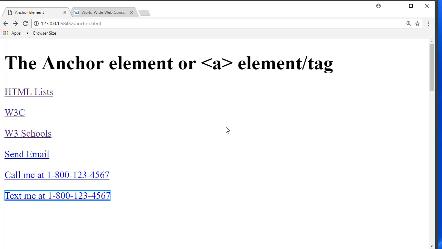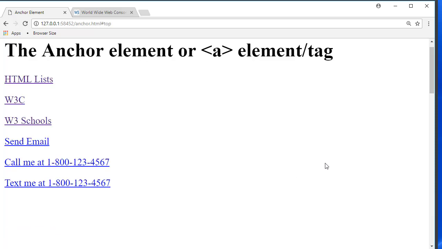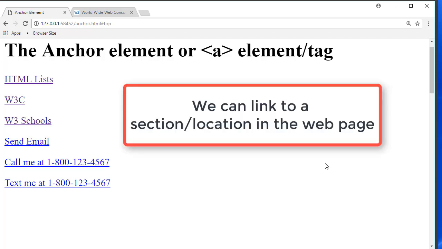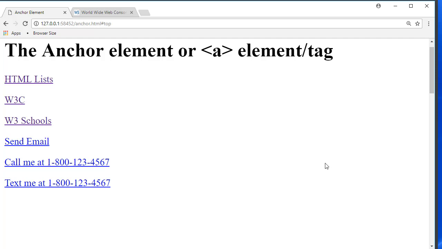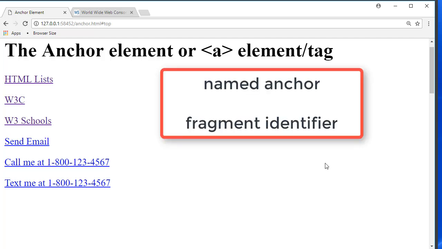Another thing you might commonly see in websites, especially websites that scroll down for quite some distance, you might see a link that says something like top of page. And if I click on that link, I can go back to the top of the page. So we have the ability to use our anchor element or our A element to link to sections of the same document. You might hear this referred to as a named anchor or a